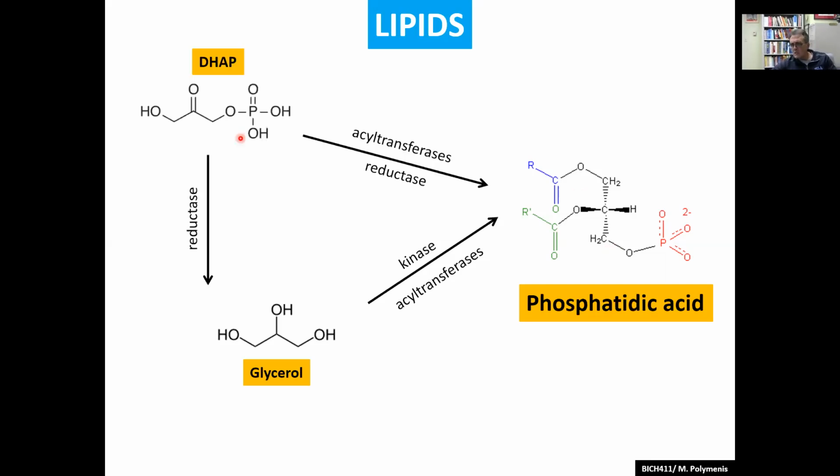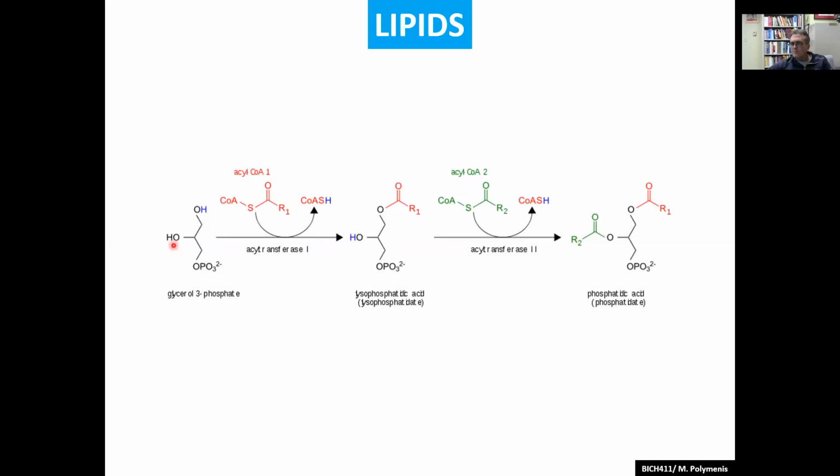And you can go in a variety of ways to that outcome. You can add and then reduce, or reduce the hydroxyacetone phosphate first. So you start with dihydroxyacetone phosphate, not just with glycerol, but you can start straight up with a glycolytic intermediate, and you can reduce the keto position, and then you essentially have phosphorylated glycerol, and you can acylate it and esterify these groups. So that's easy. That's the overall scheme that you can see here.